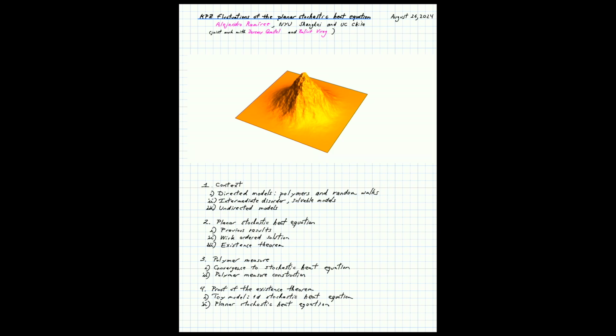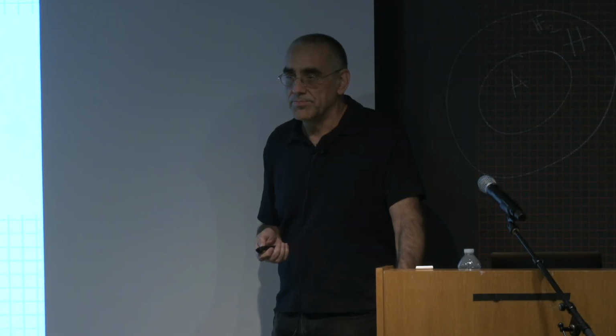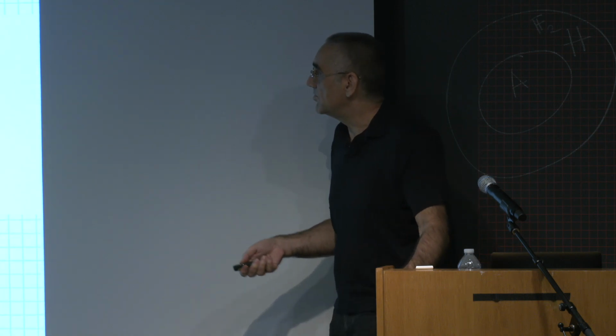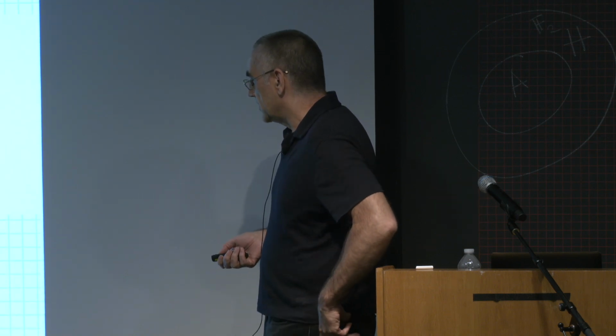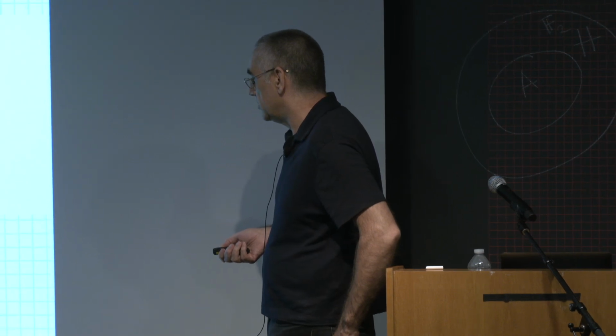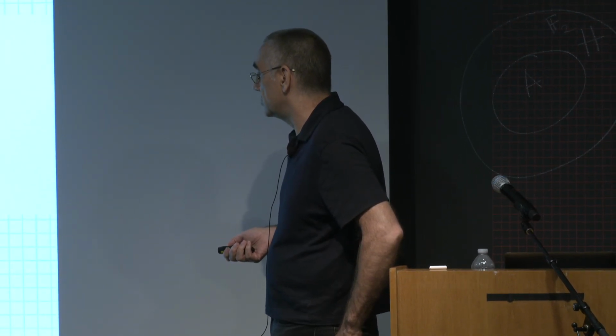So the main topic of this talk is the understanding of the appearance of the KPZ universality class in undirected models. This means models where it is possible to revisit several times some sites or some positions. So, I will start giving some context about what's known for directed models,